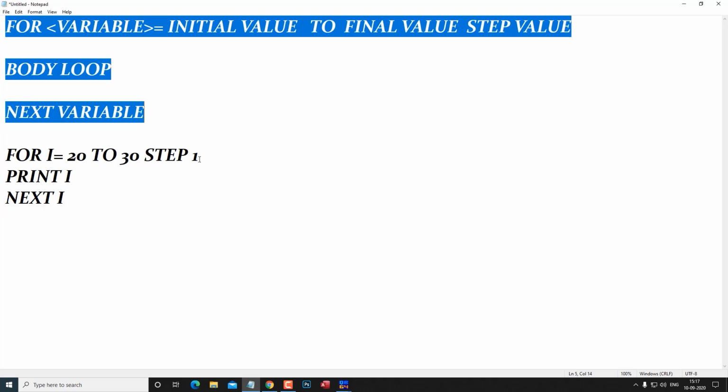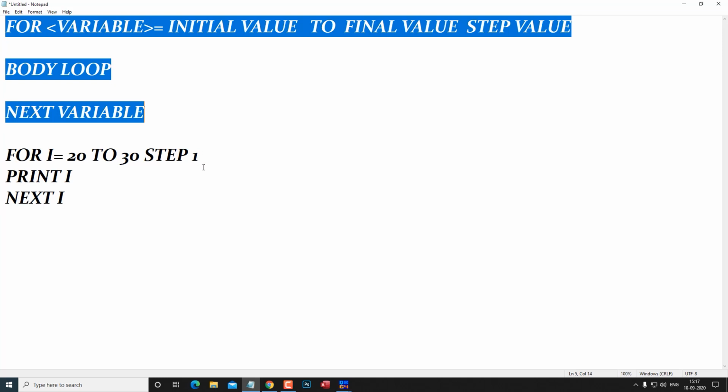We will do more about the step sizes. Here by default step size is 1. So print I and next I. Now what this loop is doing, it is initially starting with the value 20, then it enters the loop. Here it sees the print I, it is going to print 20, then next I, it takes the next value of I. That means it increments the value of I depending upon the step size.